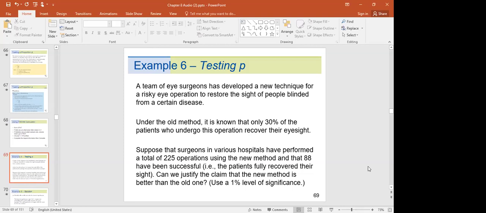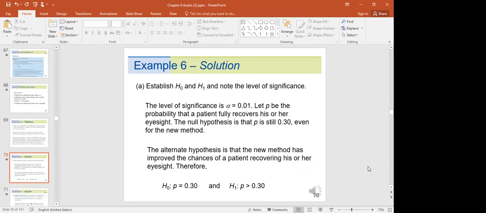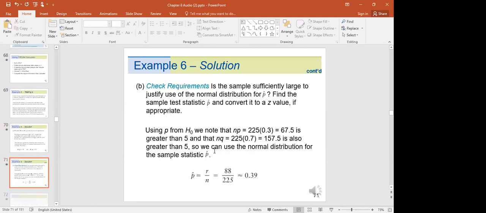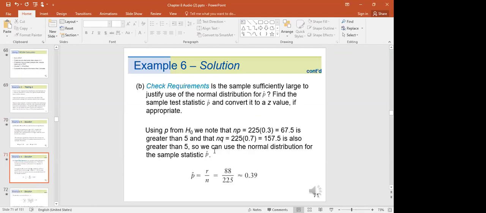So the old method has a 30% rate of success, that is P equals 0.3. Saying that the new method is better than the old one will mean that the proportion of success with the new method is greater than 0.3. So it will be H1, P is greater than 0.3, and H0, P equals 0.3. Let's use our calculator to do the test. If we were to do it manually, we would have to find the proportion of success, the proportion of failure, and so on. So we go to the calculator,